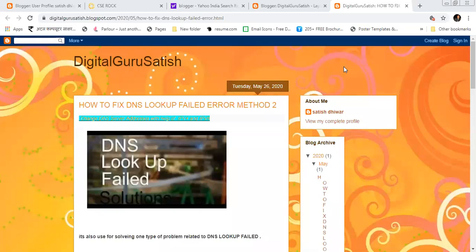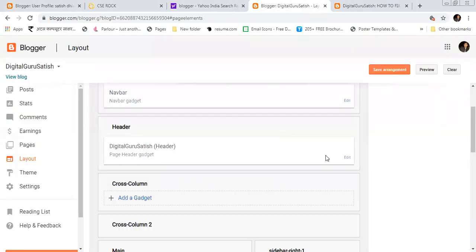You all can see the screen now, no problem. Yes, sir. Okay, so when you change here and edit with the help of the header section, you need to save your changes first, and after that you click on your blog, and here you can see what is happening every day.